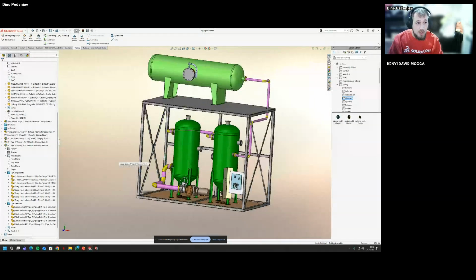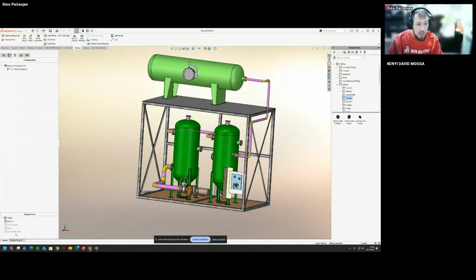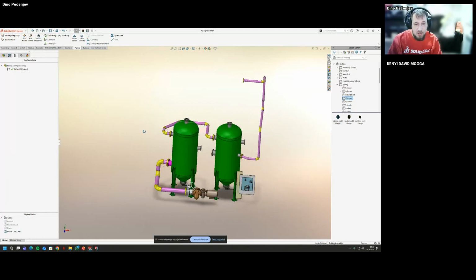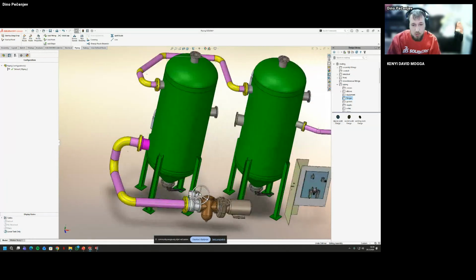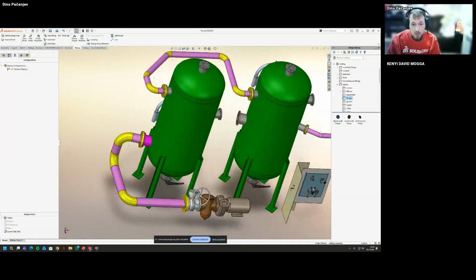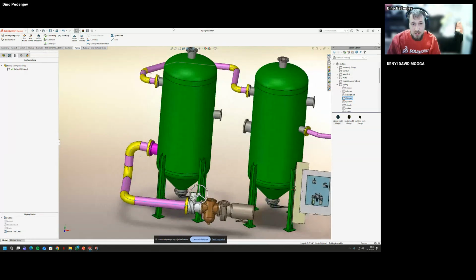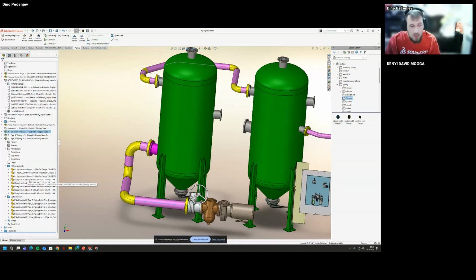So here we're going to continue. I'm just going to go to the lower tank only. And at this part, I want to connect this part with this section. So for this, I'm just going to edit this route.